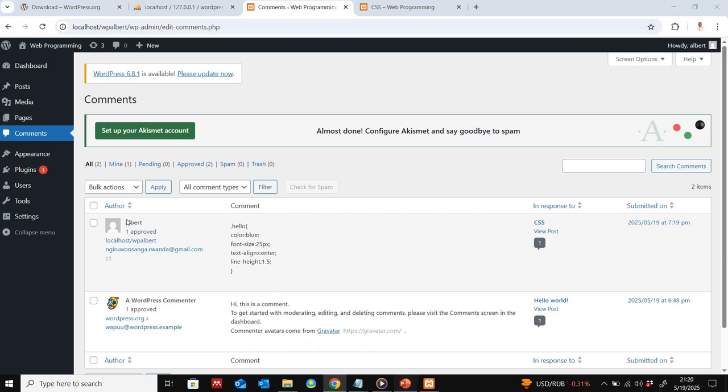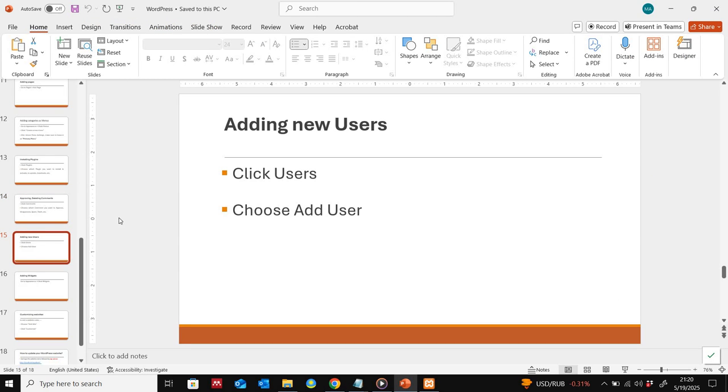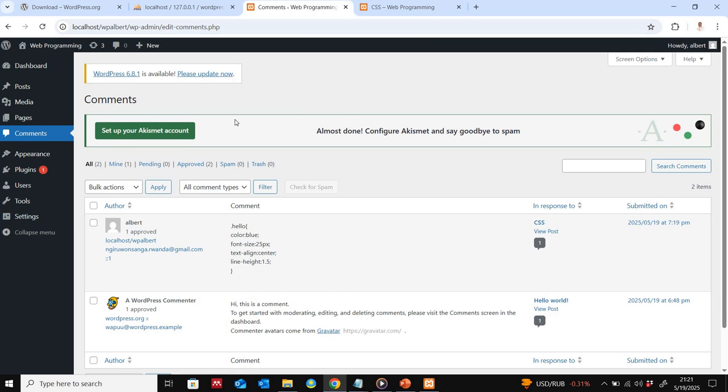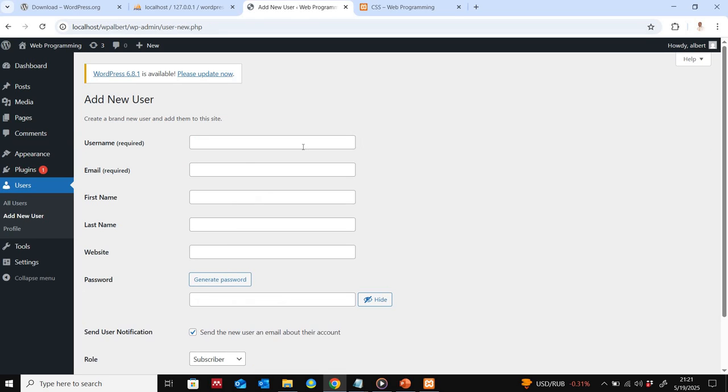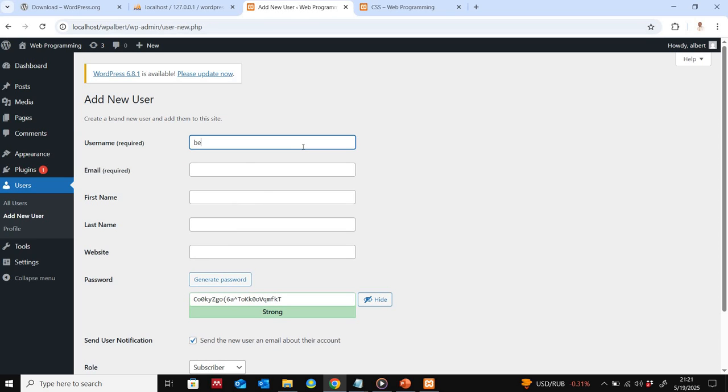What is next? The next is adding a new user. So far we have only one user, who is Albert. Let's see how to add another user to this site. So we go to users, we click on add new user. So username here is required. Let's say username here is this one. Email, let's say is this